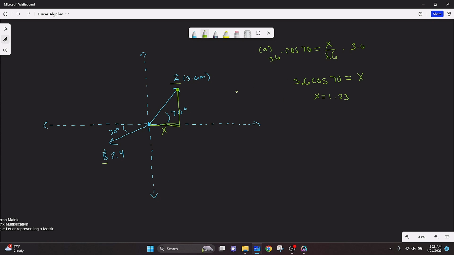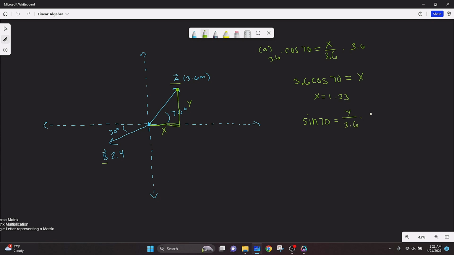We also want to find the y component. So right here is the y component of this vector A. And so we have to use another trig ratio. In this case, we'll use the sine function because we're thinking in the vertical. We are thinking vertically. So we got sine of 70 degrees. Again, we're using the same angle. 70 degrees will equal y over